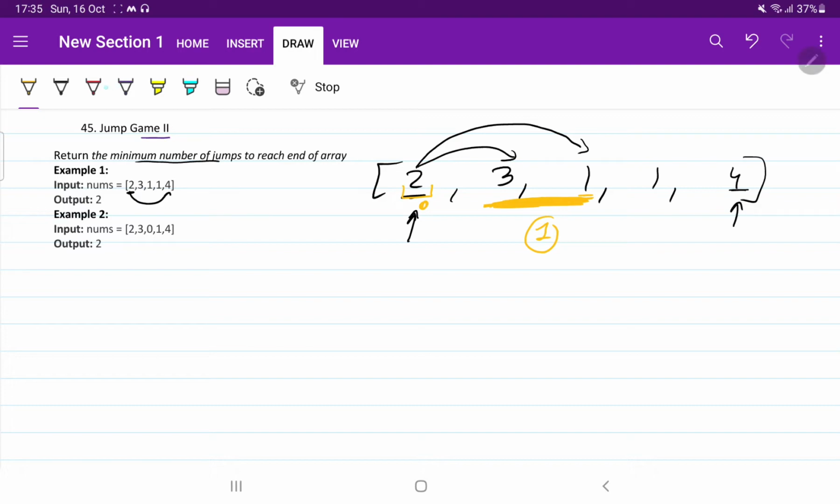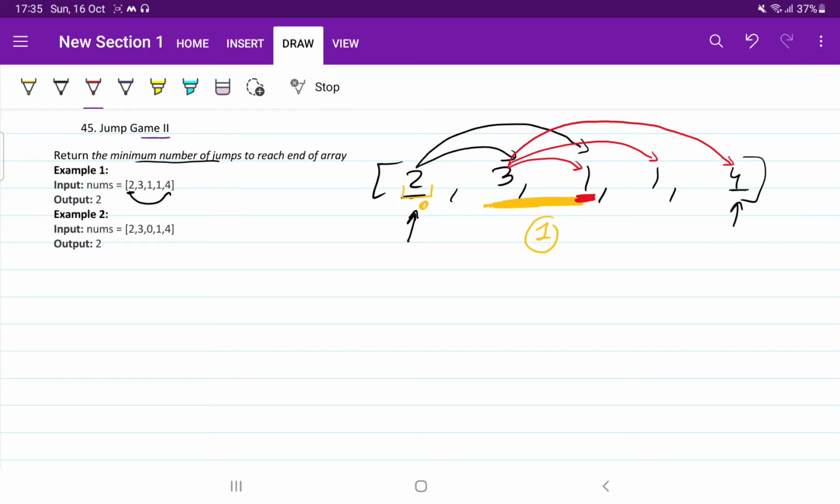If you see, from 3 you can make a jump of maximum length 3, or a jump of length 2, or a jump of length 1. Now as you have already reached this 1, there is no need to go for this because you already reached that level.